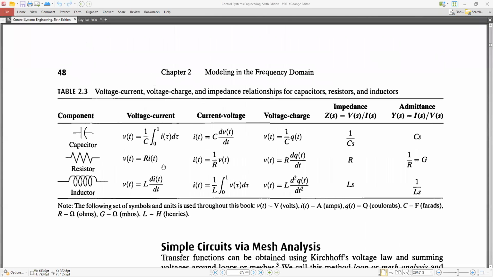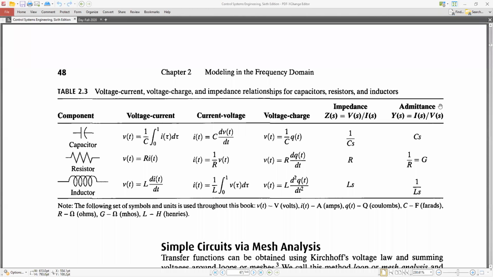Now see that table. This table is important because if you understand this table, then you can solve the mathematical problems very easily. Let's explain all these things one by one. First one is the capacitor. I think you know the capacitor symbol, resistor symbol, and the inductor symbol. Now see the relations: voltage current relation, current voltage relation, voltage charge relation, impedance